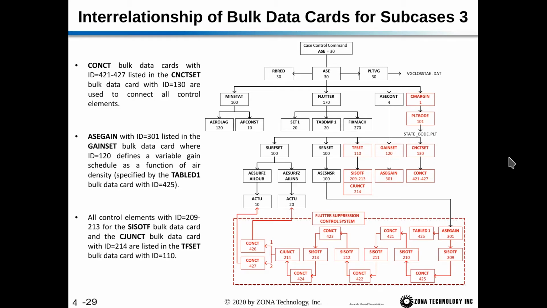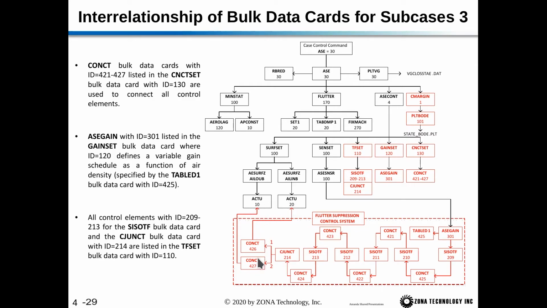And this is the interrelationship of the bulk data cards. So we've come down to our flutter suppression control system. We have the ASE sensor, which is connected to the CISOTF card via an ASEGAIN card. So we have a gain connection here. Then these 5 CISOTFs are the 5 transfer functions we've just seen, and those are all connected to each other via the fixed connection cards. And then lastly, we have the CJUNCT card. So the last CISOTF has a fixed connection to the CJUNCT, and then the output of the CJUNCT, remember we have 2 outputs, are connected to our 2 actuators via the